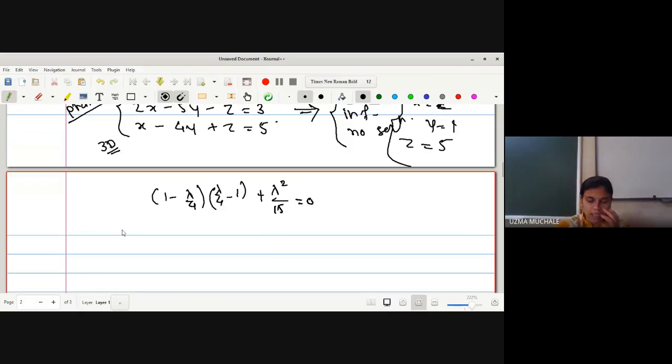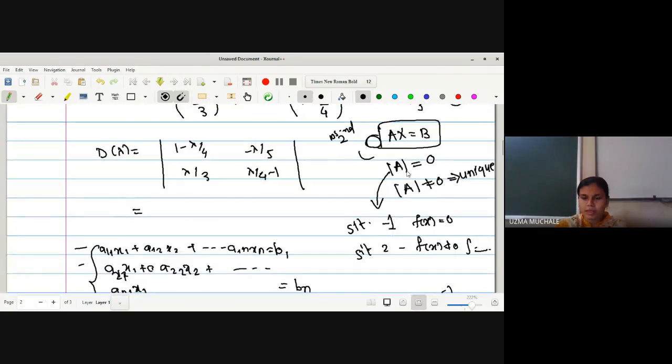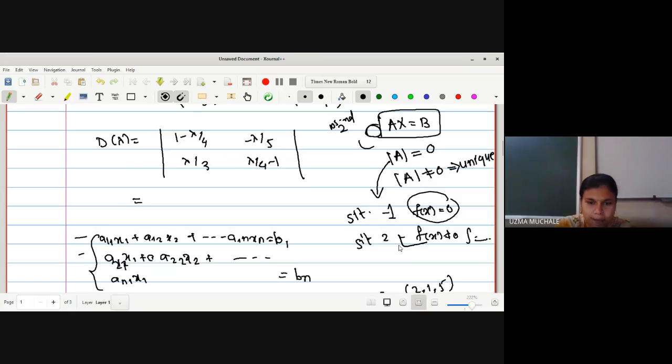Now we are discussing the case in which we can have some different solution. Here we get a unique solution. If we take determinant of A equal to 0, then we go to the other situations. What will be the case when f of x is 0? No doubt here f of x is not 0. Then obviously we'll go for either situation 2 or situation 3.